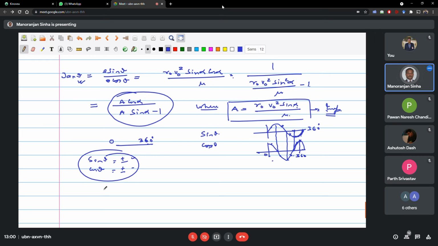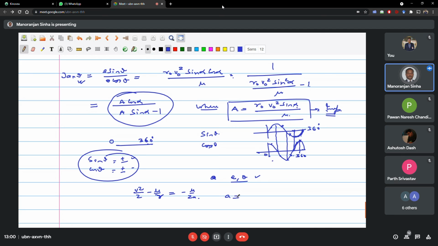Okay, time is over. So we'll continue discussing this. So how many parameters have we worked out today? This is E and theta. Then next will be determination of A. Determination of A is very simple as compared to all this. Simply use this expression, v square by 2 minus mu by r equal to minus mu by 2a, and rewrite this.